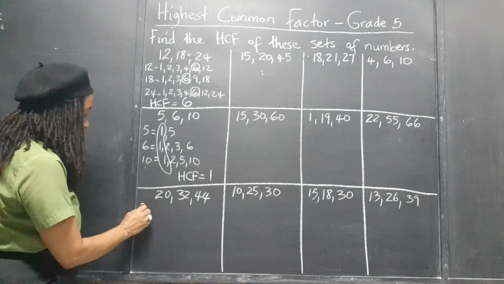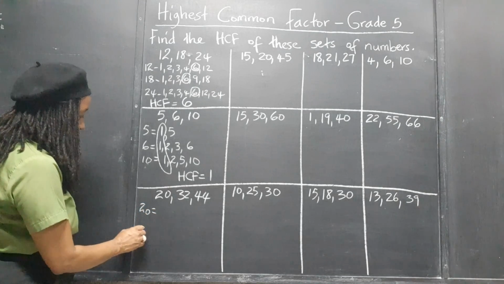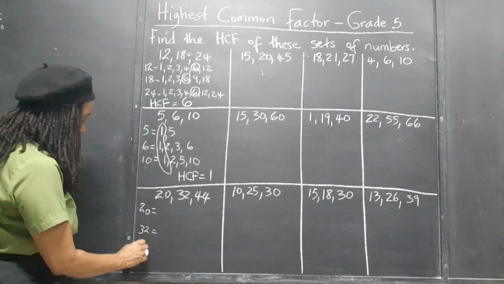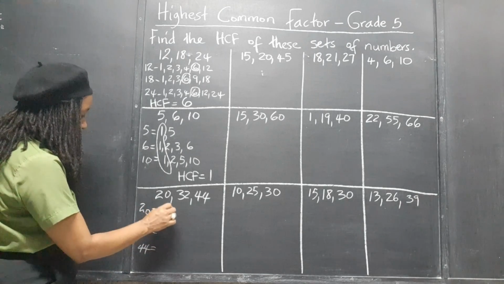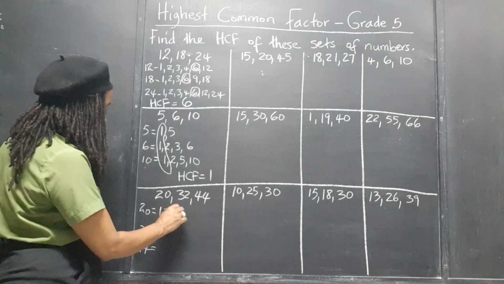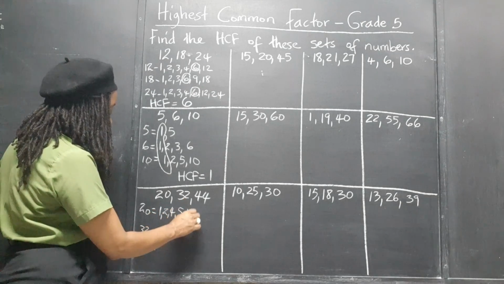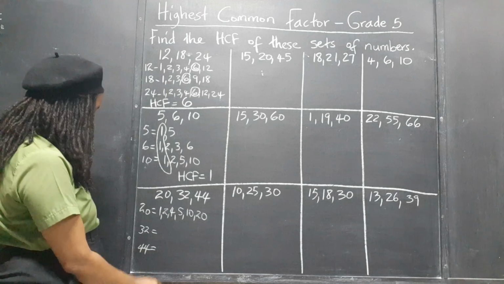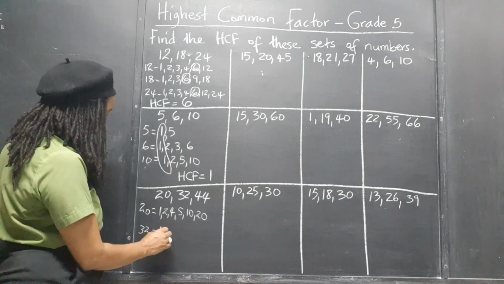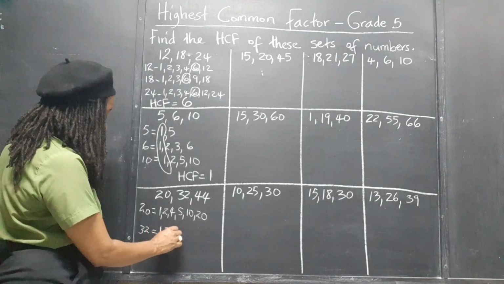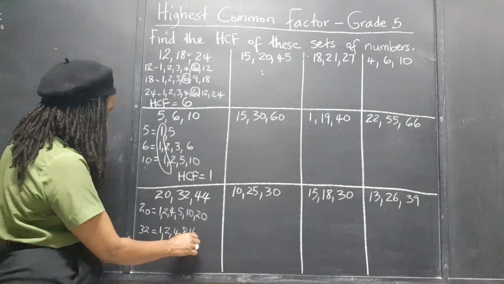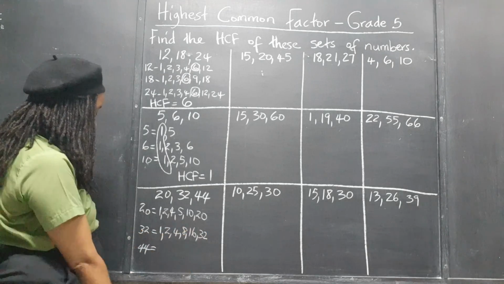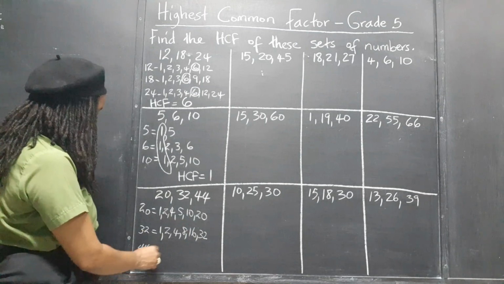Alright, how about 20, 32, and 44? So 1 can go into 20, 2 can go, 4 can go, 5 can go, 10 can go, and 20 can go into itself. For 32: 1, 2, 4, 8, 16, and 32. For 44: 1,